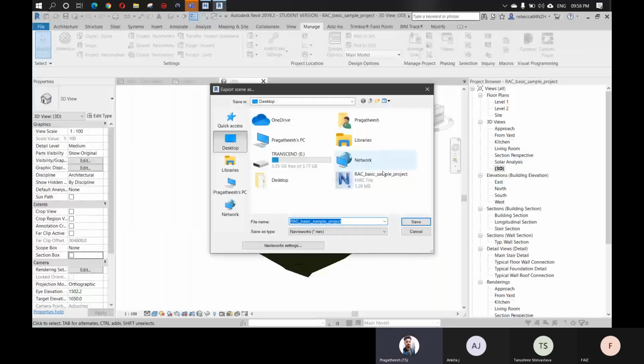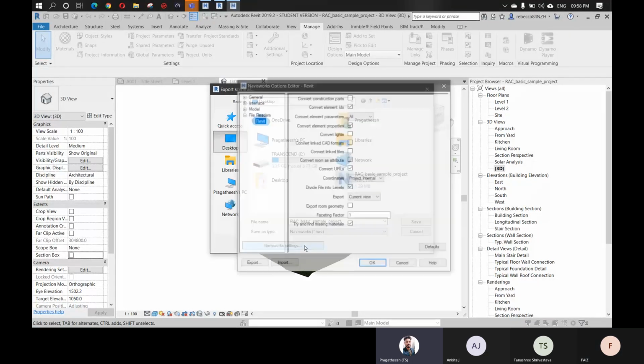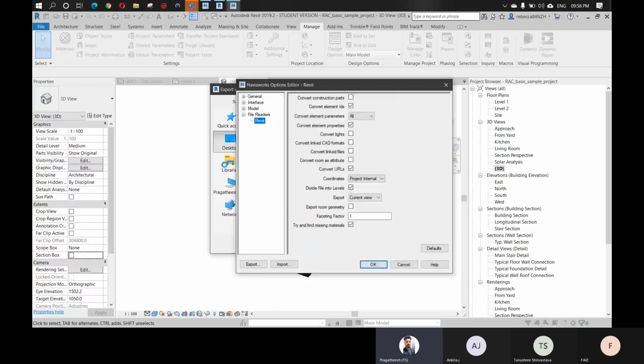Okay, so when you export this, you can see these Navisworks settings. Do you guys know about this one? Navisworks settings, or do you want me to explain? Please explain. Okay, so go to these Navisworks settings, and here you can see there are some options